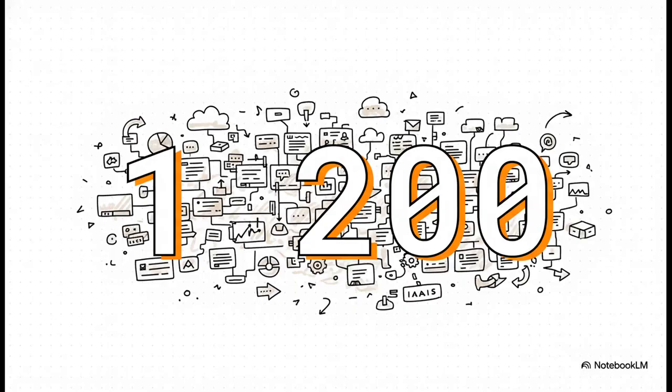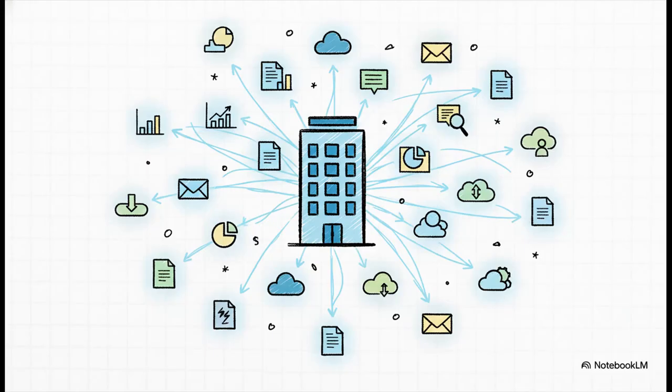To really wrap your head around the scale of all this, just look at this number, 1,200. Seems random, right? So what on earth could that represent? Well, get this. That's the average number of cloud applications that a single large company is using. And the thing connecting that massive, complex web of software so it all works together? You guessed it, APIs. They are literally the glue holding modern business technology together.